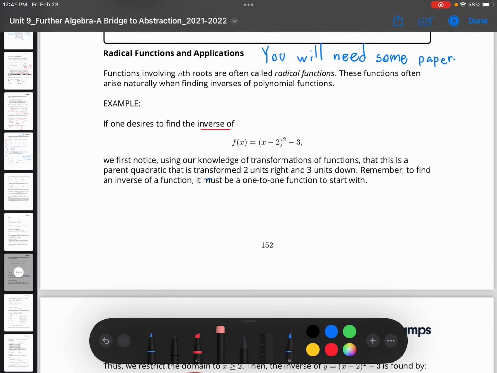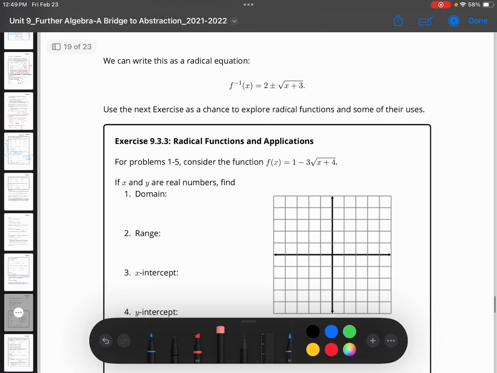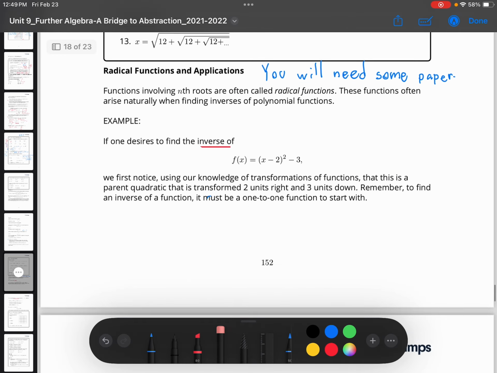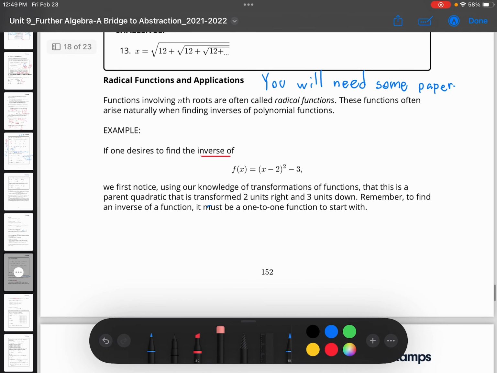All right, guys, this is a video about exercise 933. So we're going to start off by talking about inverses of a function. Particularly in this case, we're going to talk about the inverse of both a square root and a square function. So for example, when I look at this problem on the example, it's really asking me to find